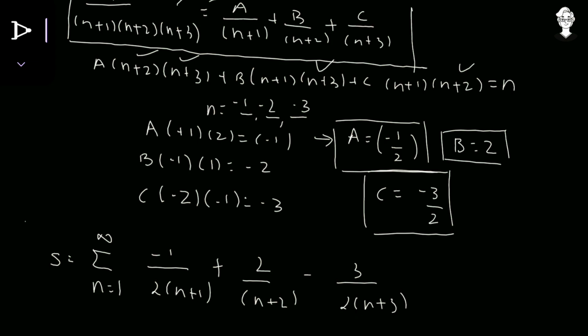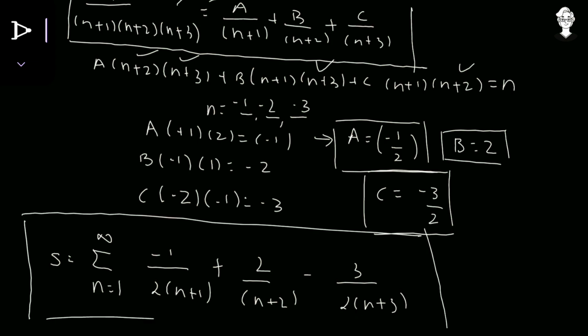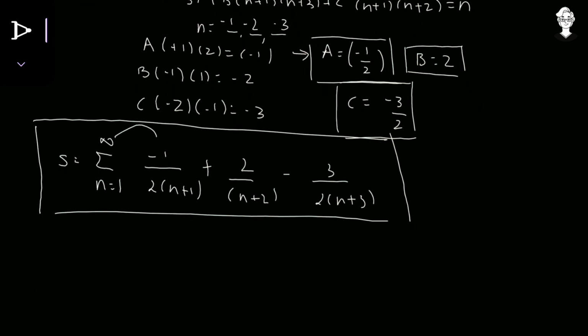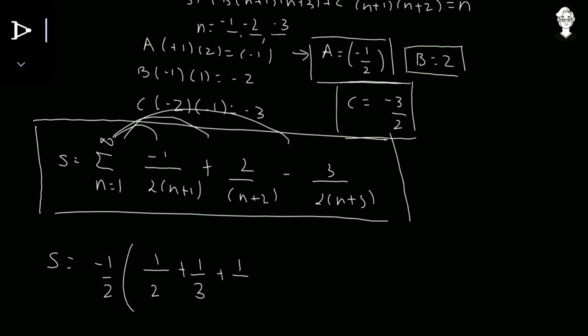So here we have a modified version of that same thing, that s is equals to now this particular thing. So now let us open this summation with this, with that, and with that one. So we have s is equals to, now open the summation with this particular thing. So -1 upon 2 as it is, now plugging the values of n from 1 till infinity. So 1 upon 1 plus 1, 2 plus 1, upon 2 plus 1, 3 plus 1, upon 3 plus 1, that is equals to 4 plus dot dot dot because it's infinity.